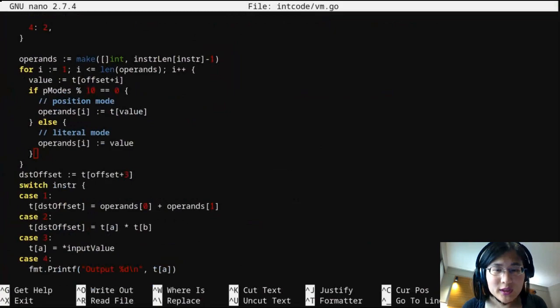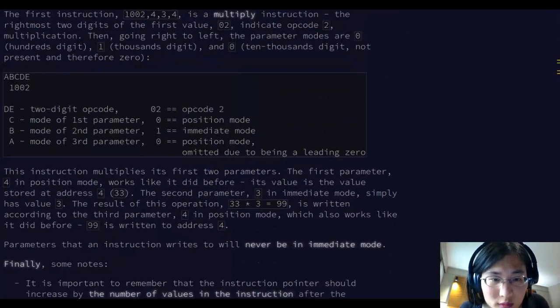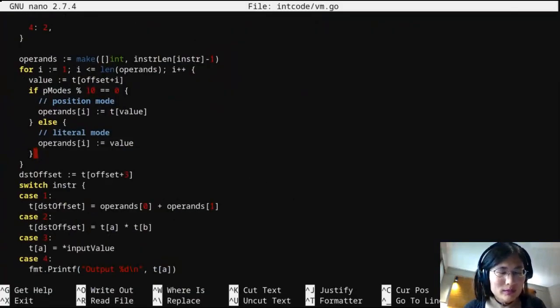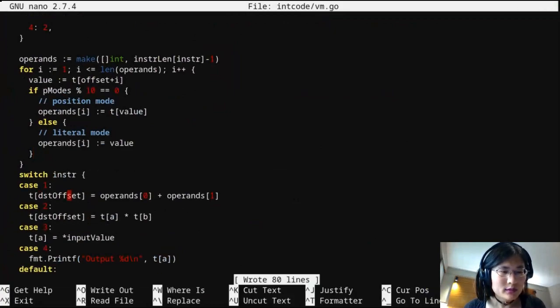So it will always be in position mode to write an output. Parameters that an instruction writes to will never be in immediate mode, which means that it'll always be in position mode, but it means that I'll have already read that value, which means I'm not going to have access to the operand. Okay. But this is effectively a solvable problem because